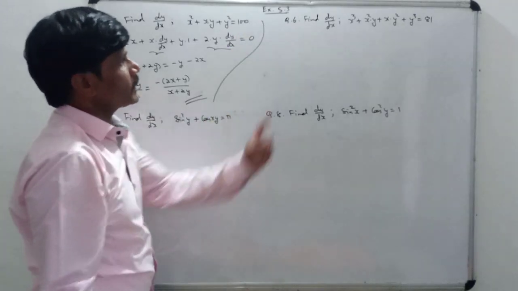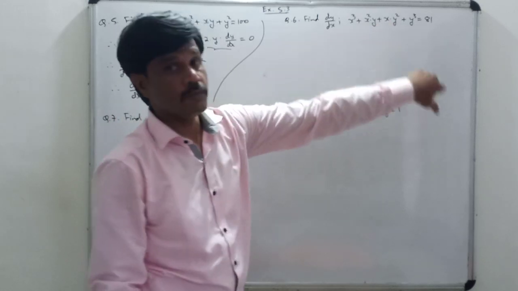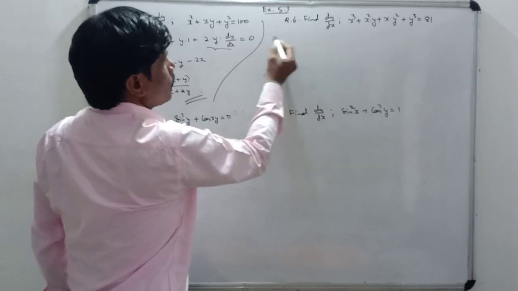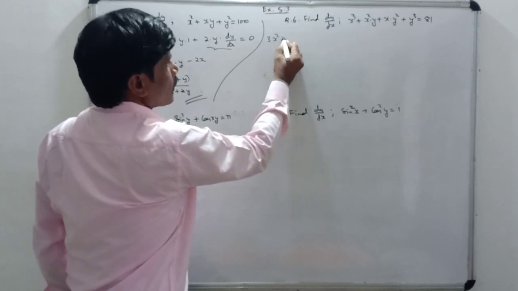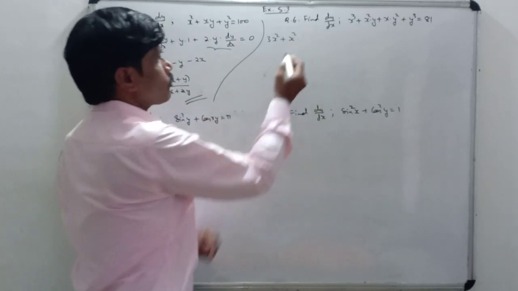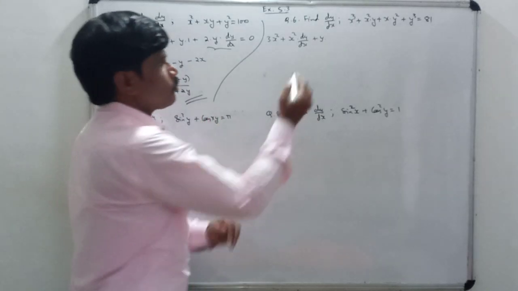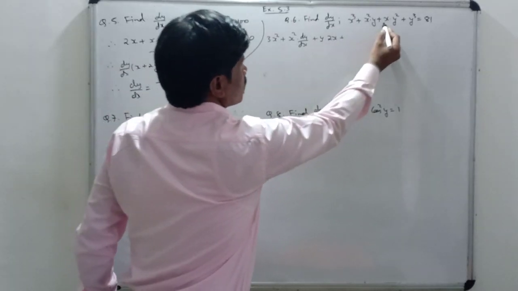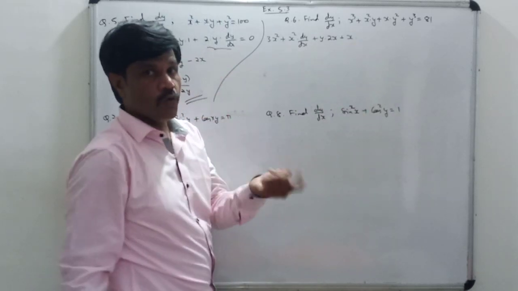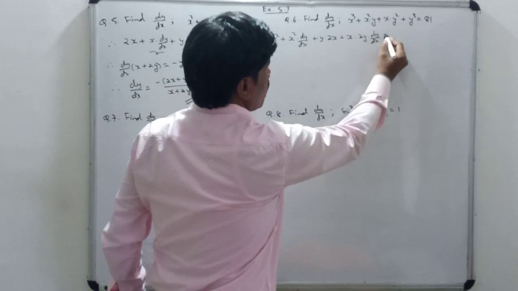Now question number 6, find dy by dx: x cube plus x square y plus xy square plus y cube is equal to 81. Okay, so what is derivative of x cube? 3x square. Again, this is the product of two function. First function x square as it is, derivative of y with respect to x dy by dx, plus y as it is, derivative of x square 2x, plus this is the product of two function again. So x as it is, derivative of y square 2y dy by dx, plus y square